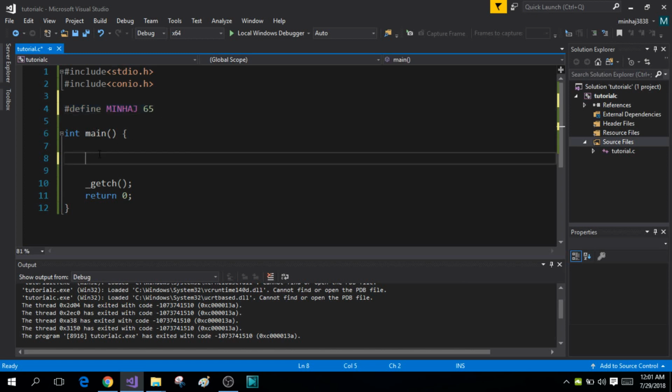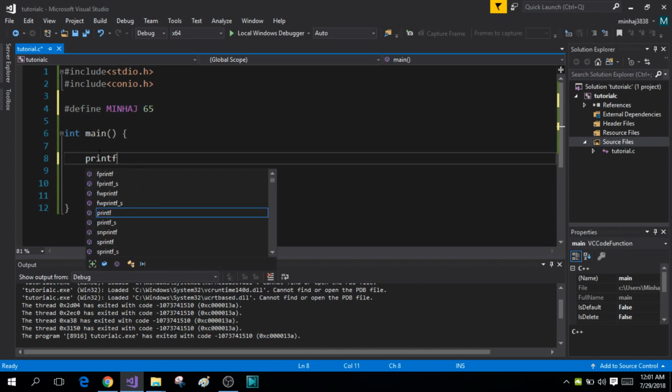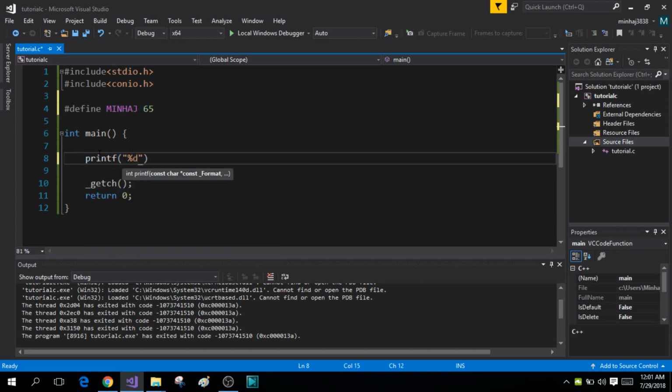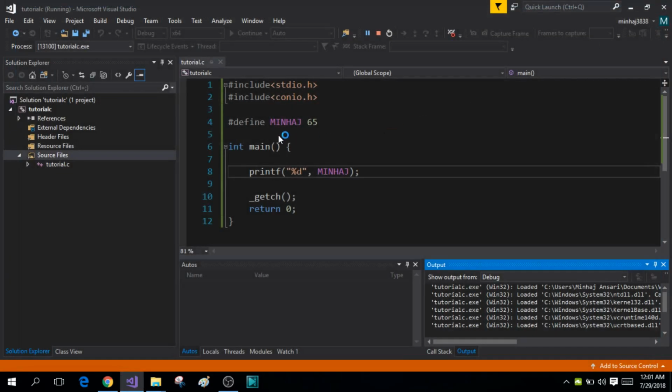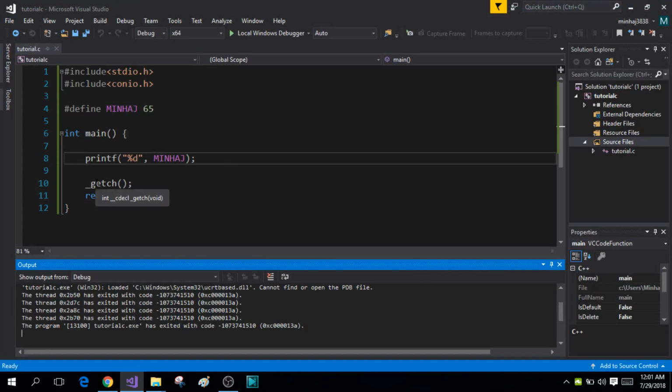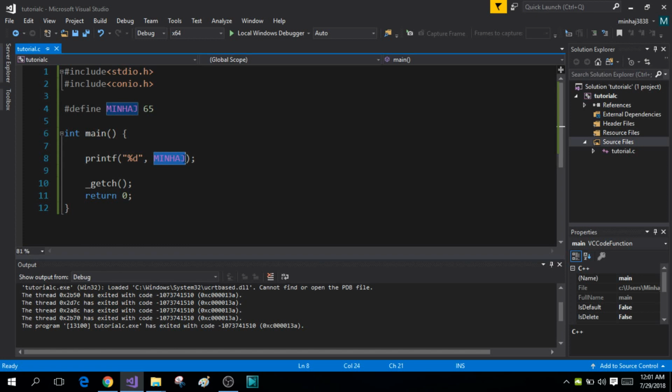Now in my main function, I'm simply going to use my printf statement and print the value of the macro Minhaj. When I run the program, I'm going to get the output 65. So what is actually happening here? Before your source code goes through the compiler, it goes through the preprocessor program. And the preprocessor program simply replaces all the macro names with the values they represent. So inside your source code, this macro Minhaj is replaced by the value 65,